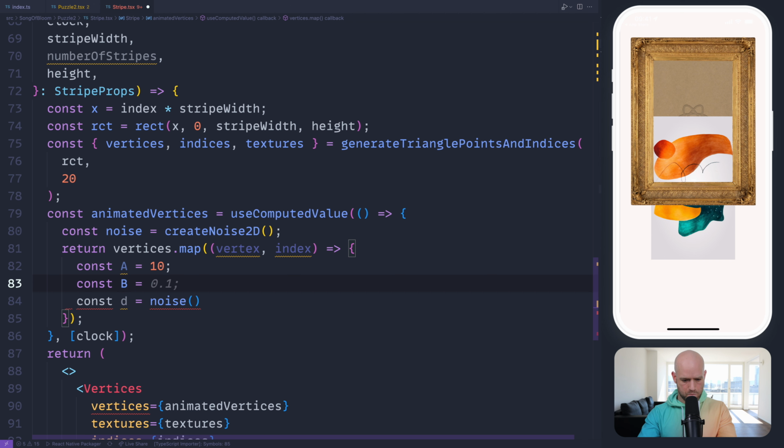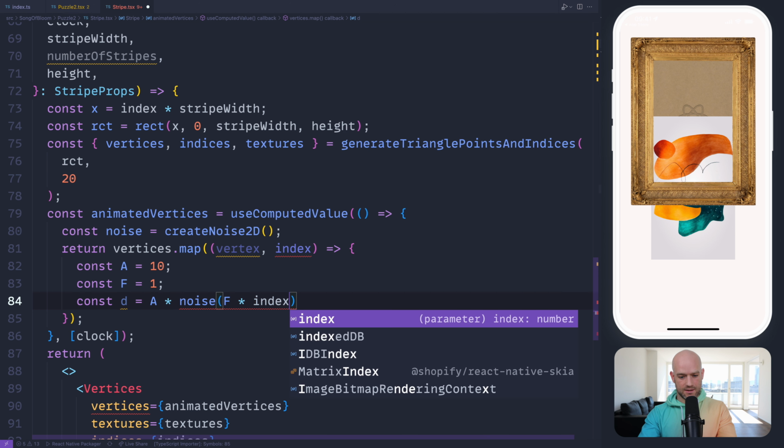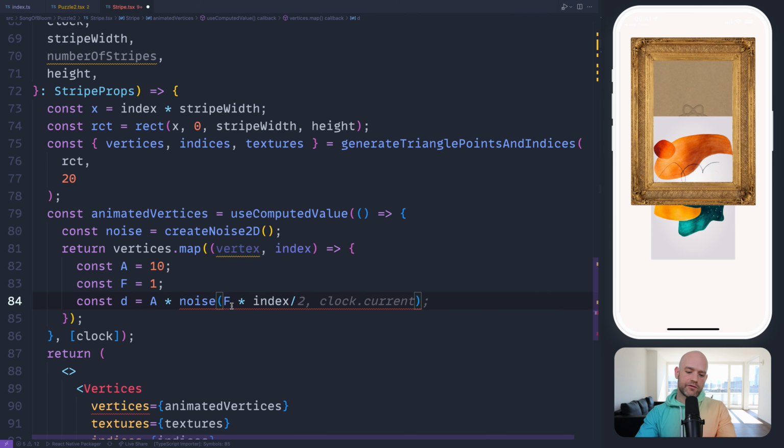And f, we can put 1. So a times f, and here I'm going to use the index divided by, so as a rule of thumb, I like to have a value that goes from 0 to 1.